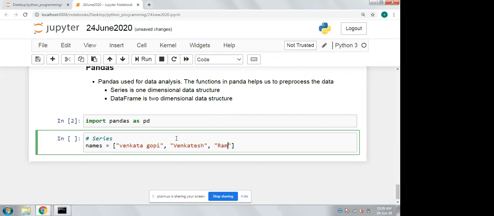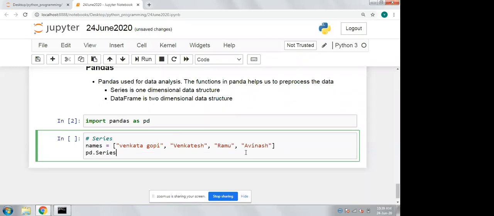From this list, I'm going to create a series. For creating a series object, pd dot Series, capital S. In this series, give the name of the iterable, names. So now you will get a series data structure as single column and multiple rows data.